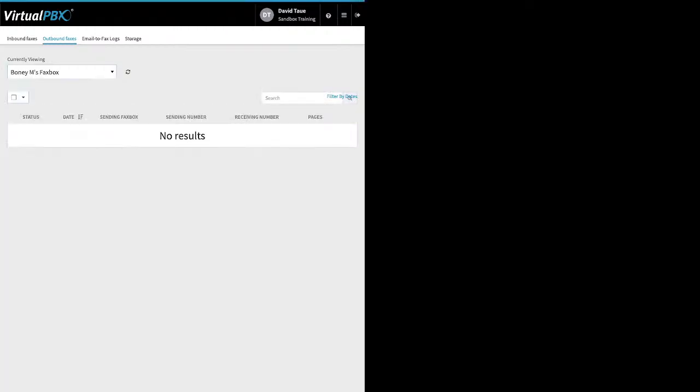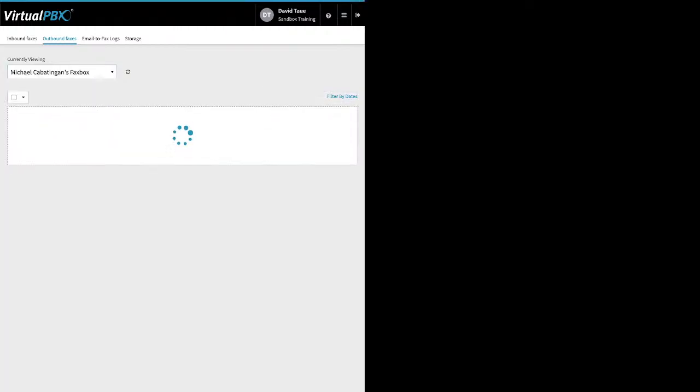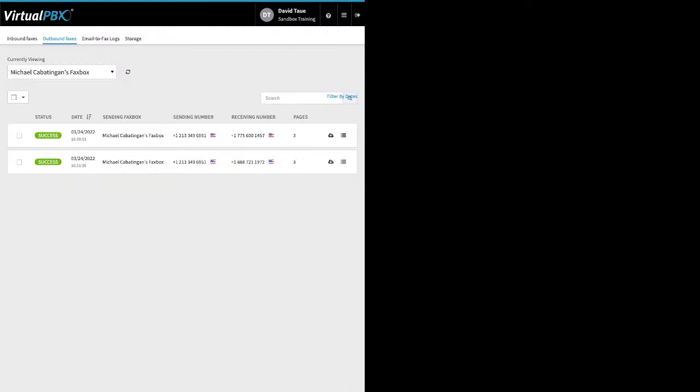Here you see outbound faxes that were successful. Date, the time, the phone number involved, pages, you can download the details. So if you see a failure here, you would definitely want to click on the details. A failure on the outbound fax tab here, that means the system had a problem communicating with the other fax